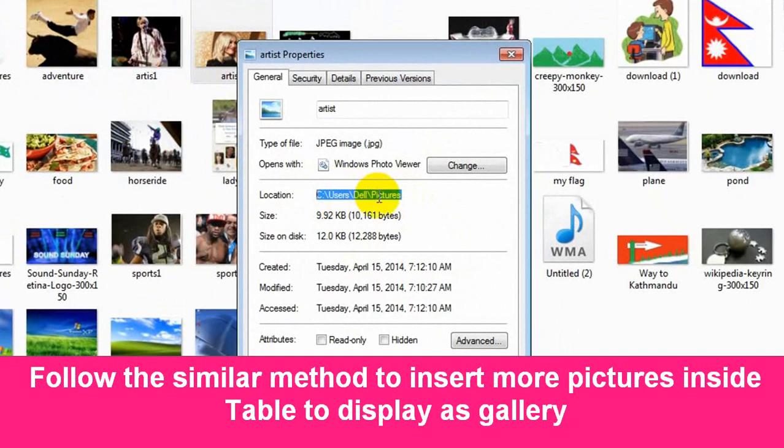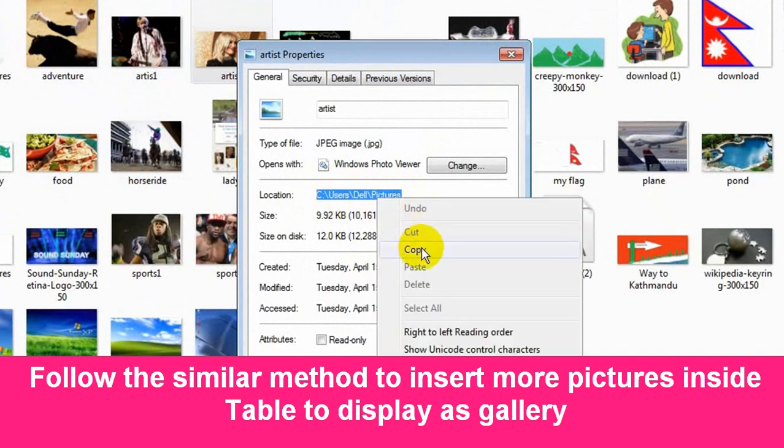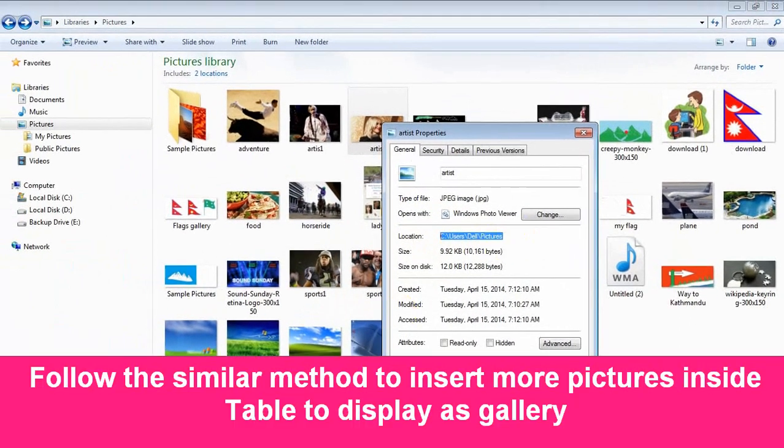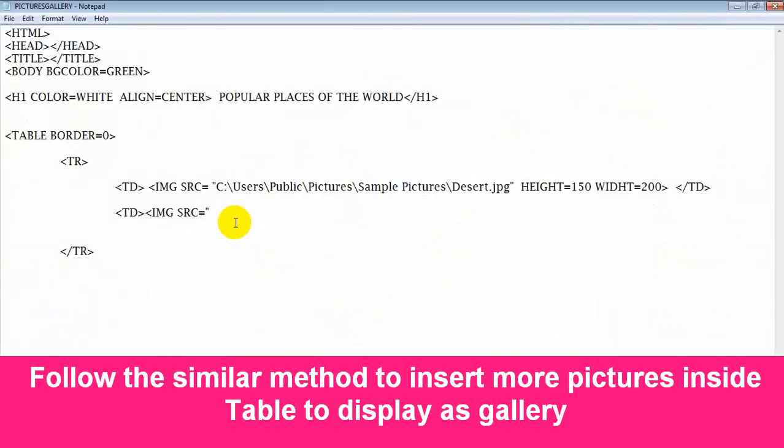If you are able to remember, you can remember also. Right click, copy. I have just copied the address. Now go to text editor, press Ctrl plus V, slash, the picture name is artist, in small letters, so sometimes it can be case sensitive also, artist.jpg, okay, that is the JPG image. Okay, now you can also specify height and width again for it.